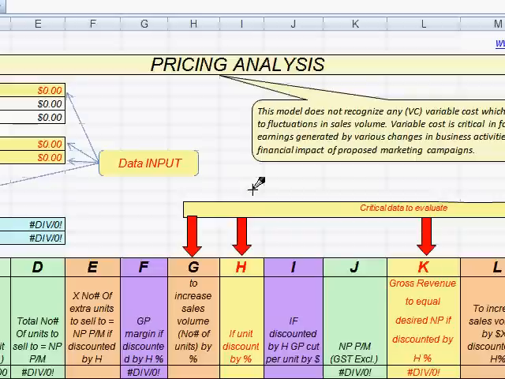Hi, what I've got here is a pricing analysis chart, which is designed in a way to help business owners, managers, and pretty much anyone else who has to do something with pricing, either pricing a certain product or different lines of products, or having a say on the company's overall pricing policy and